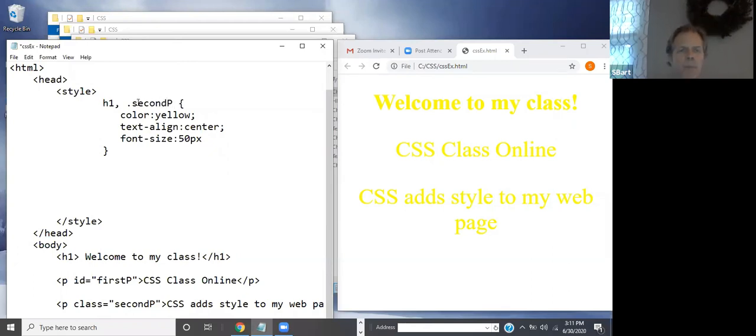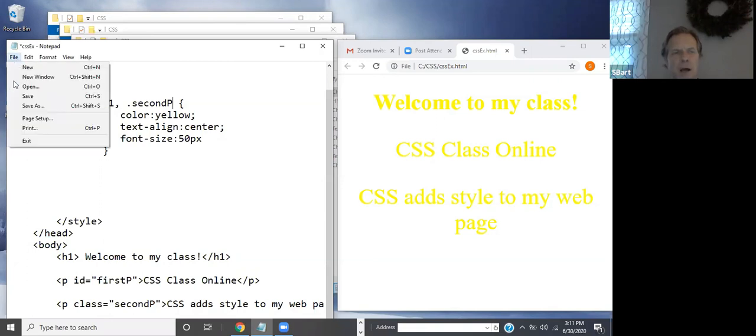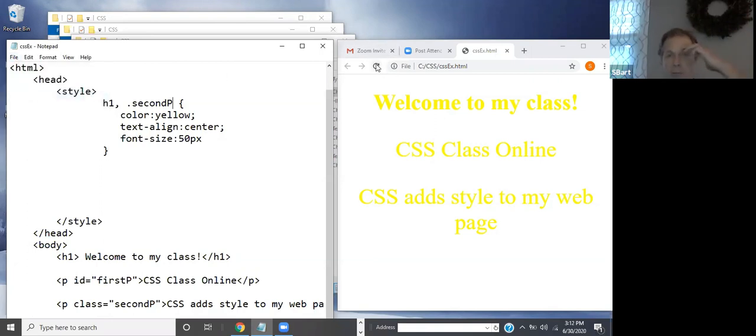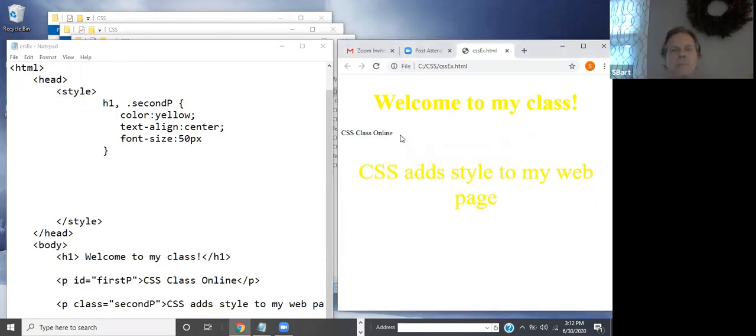All right, so now only the H1 tag and the second P tag should have this style. Save and refresh. And see, the first P tag, which is referenced by an ID and isn't referenced by the class, now no longer has